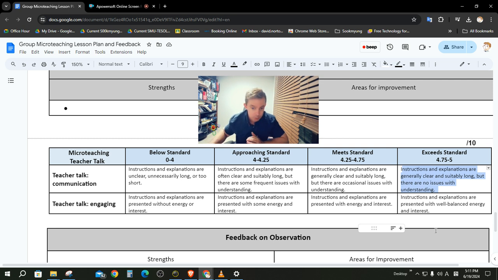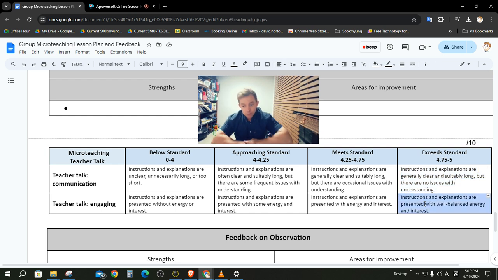So feel free to, if there's important instructions, feel free to plan them out a little bit. You can do it spontaneously, but if you worry that it won't be crystal clear, you might want to plan out those important instructions at least. Finally, again about Teacher Talk, it's engaging. Instructions and explanations are presented with well-balanced energy and interest. And what that means essentially is,